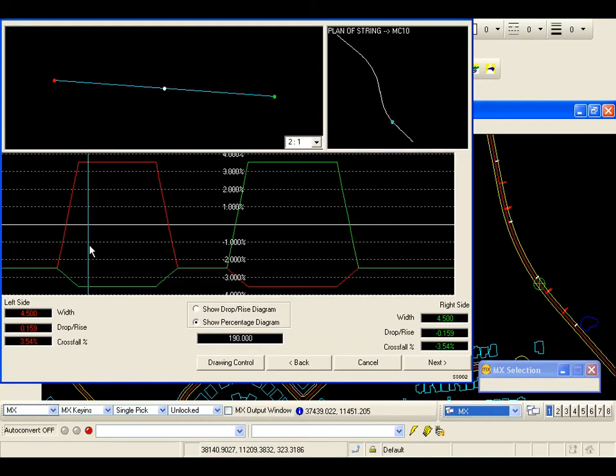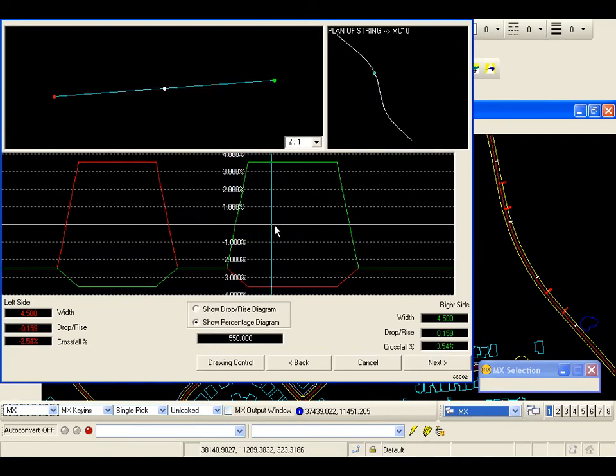then I can move through the curve which is at full superelevation, and then of course I then hit the end of the curve, start of the trailing transition where we start to take off the superelevation, and then I will return to the straight where I've got a balanced carriageway. When I'm happy with this, obviously I can move along to my left hand curve, and obviously the superelevation has